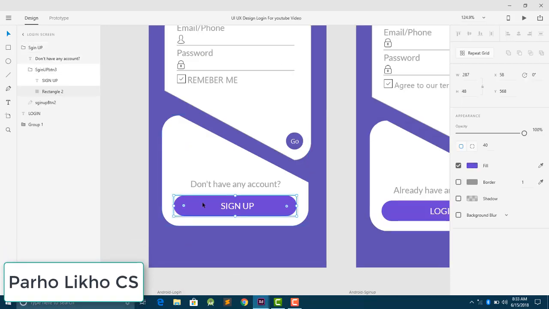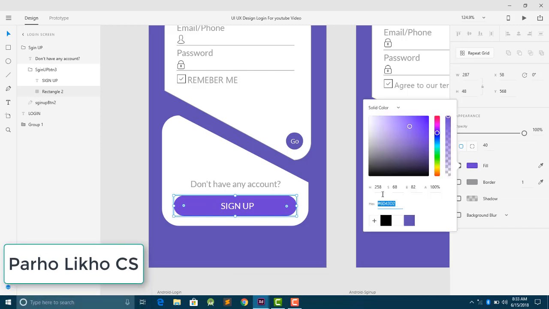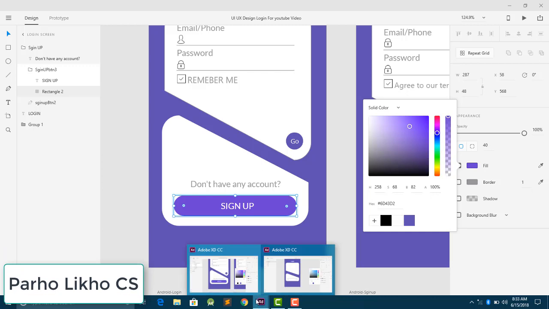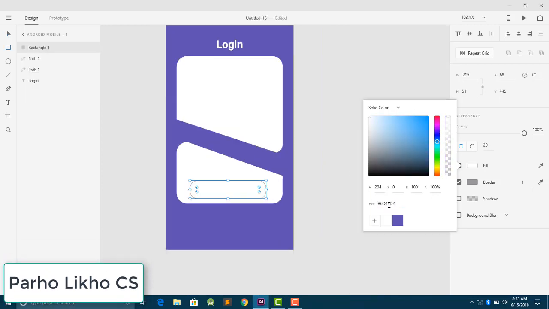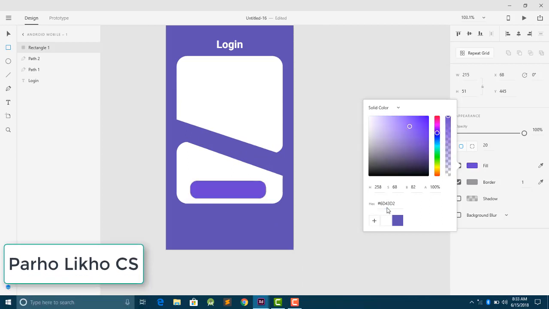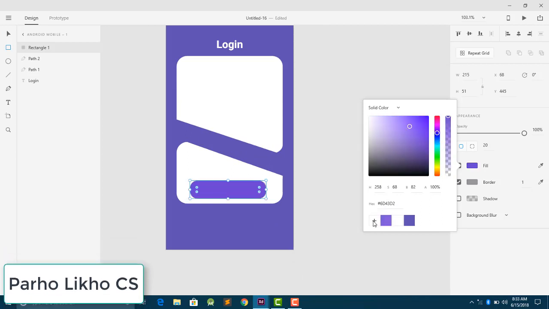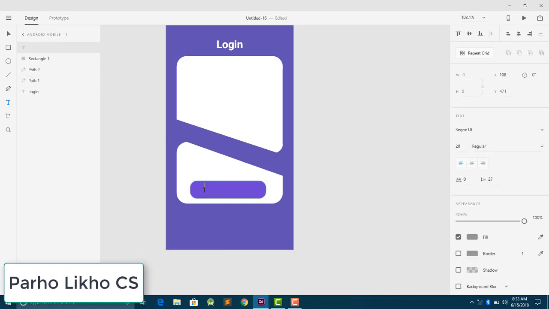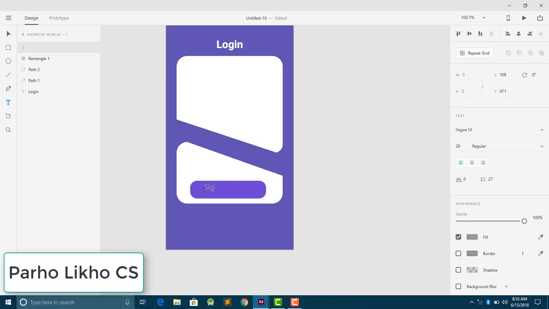So I select this color and copy this color, and go back here and replace it with this. Also, now it's time to add some text here. So I add a text, Sign up,